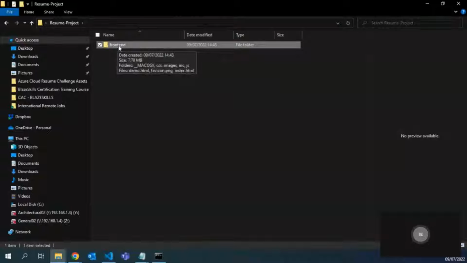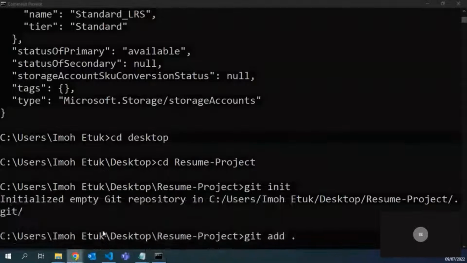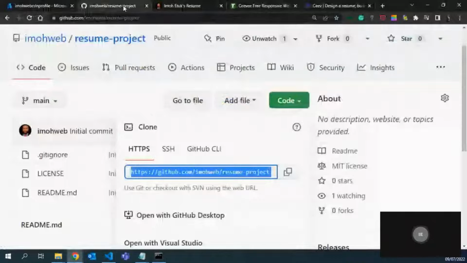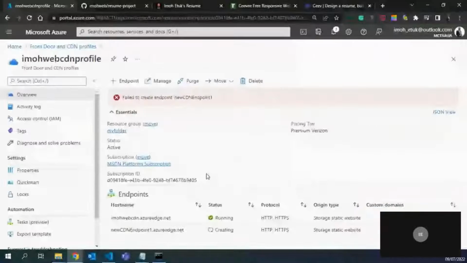So in this case, I'm going to also navigate to the files. What I'm going to do now is the git add command. I want all our files to be pushed to the GitHub repository, which is presently empty. So we'll add it first of all. It will add all the files, all the web content files. While that's on, I will check if our endpoint is created,